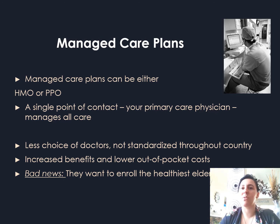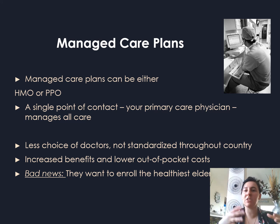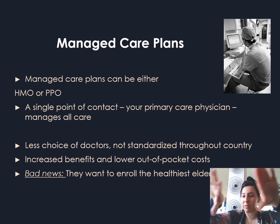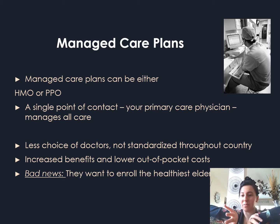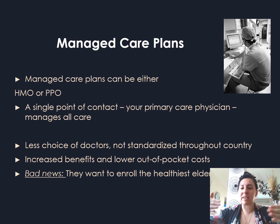Unfortunately, a lot of people don't really like the fact that they give you less choice of doctors. It isn't really standardized throughout the entire country, so every managed care organization is going to have its own standards, its own network, separate from all the other plans, all the other networks. Okay, so it's almost like its own